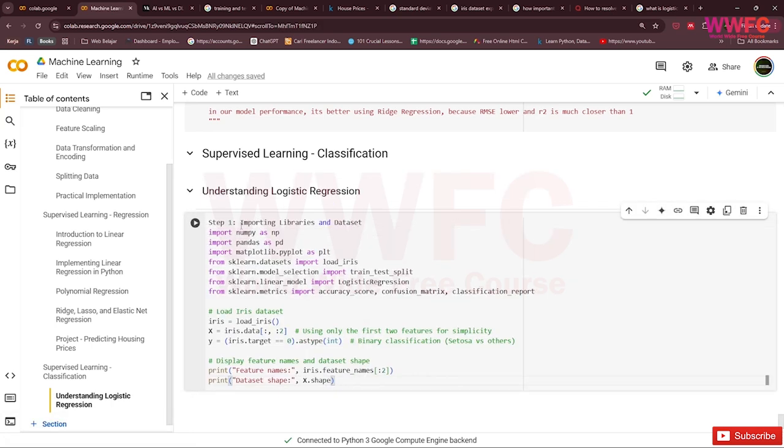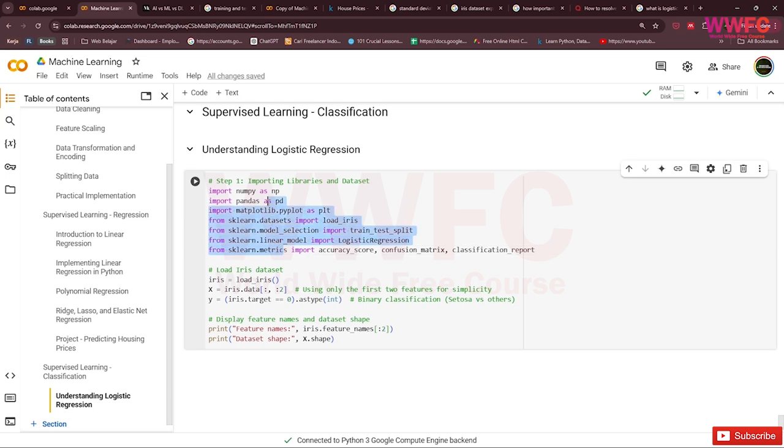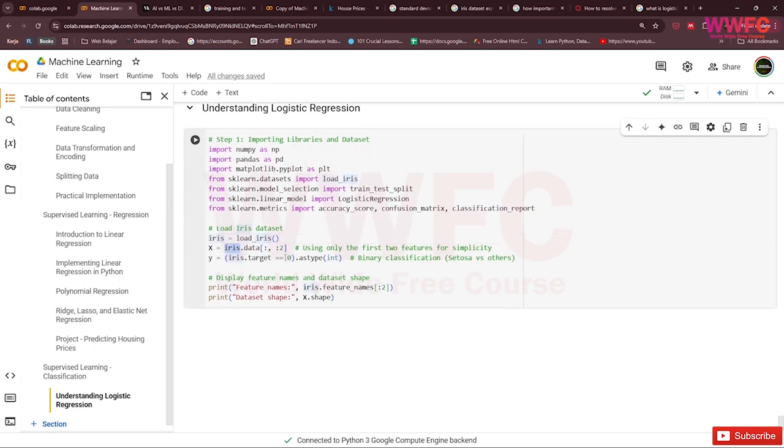We import the libraries and dataset: import numpy as np as usual, and we import train test split, logistic regression, accuracy, confusion matrix, and classification report. We load the iris dataset, X is iris data using only the first two features for simplicity, and iris target for binary classification, Setosa versus others.